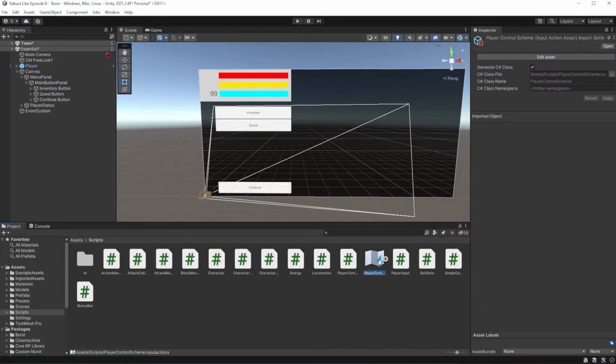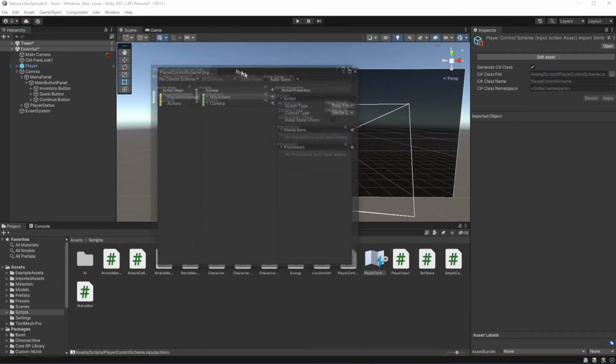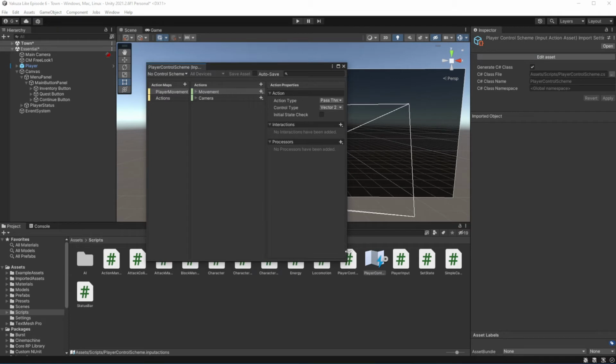Now I want to introduce a way to open the menu. Let's add a menu pause action to the player control scheme.